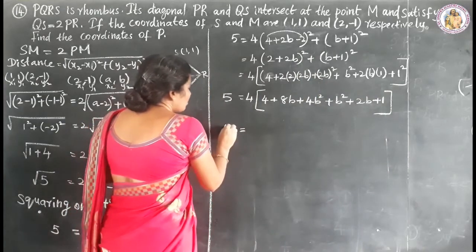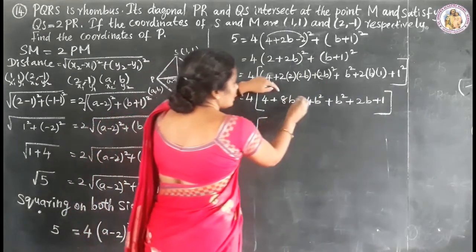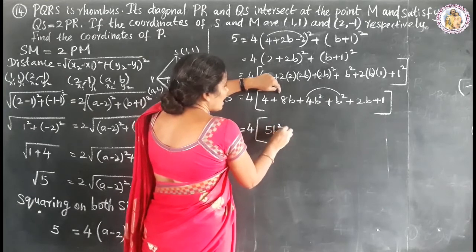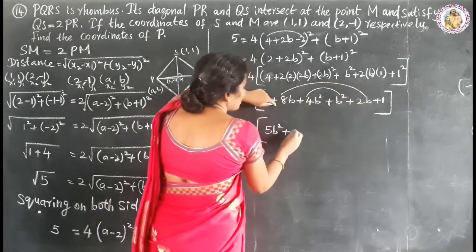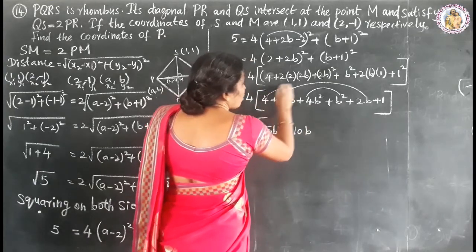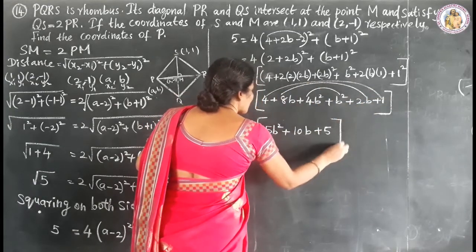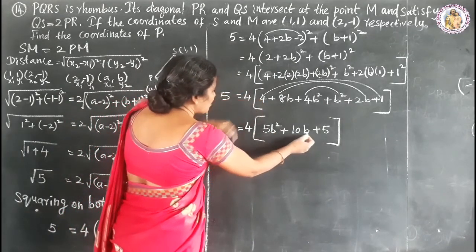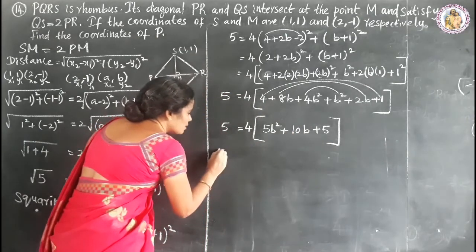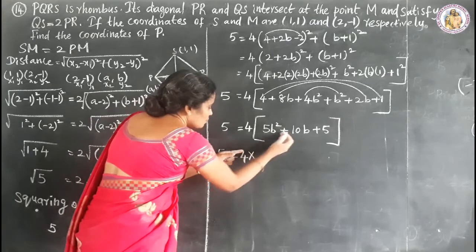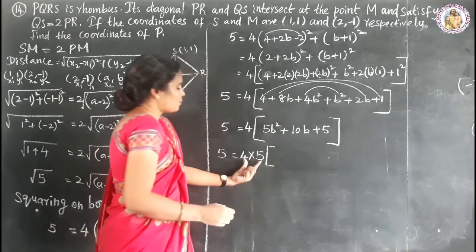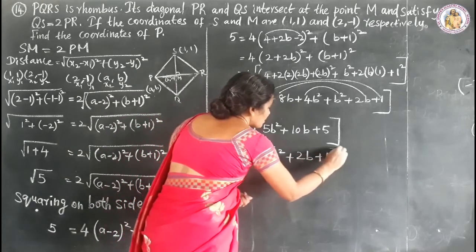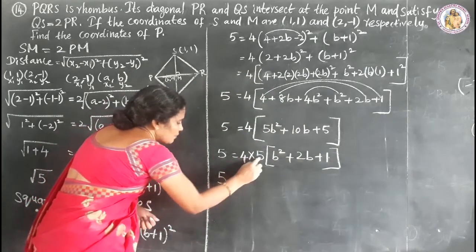Okay, and now take the like terms together. 4 plus 4B square plus B square is 5B square, and then 8 plus 2B is 10B, and 4 plus 1 is 5. 5 is equal to 4 times 5B square plus 10B plus 5. So taking 5 as common into 5, removing 5. So now 5 4s are 20, and here it will become B square plus 2B plus 1. Okay, and 5 is equal to 5 4s are 20,